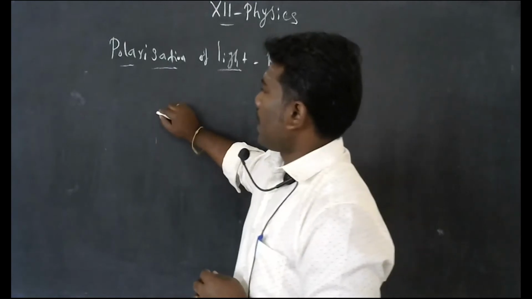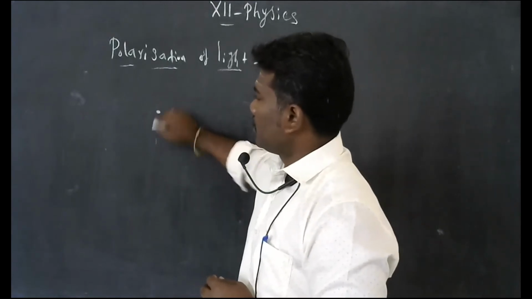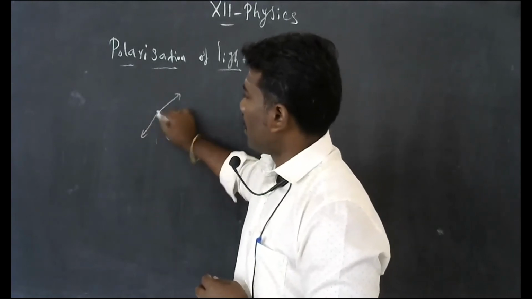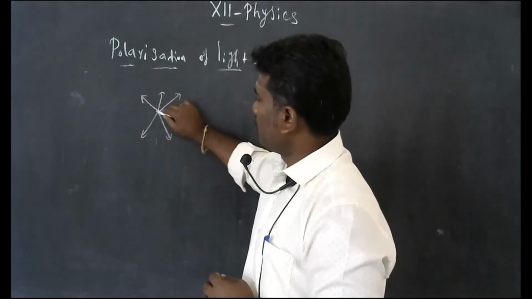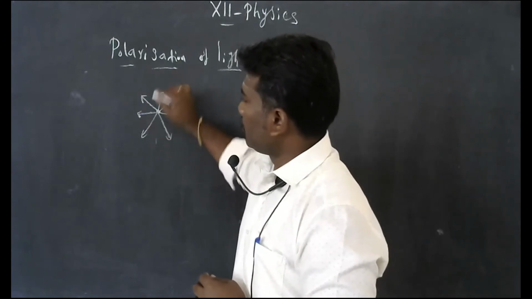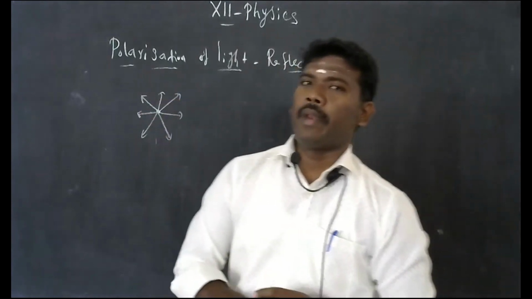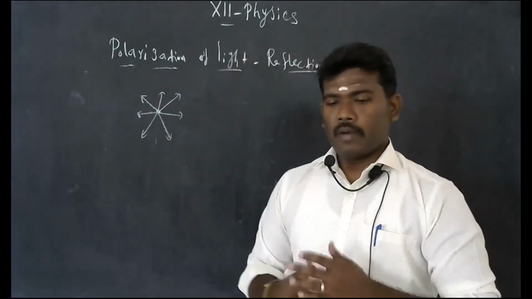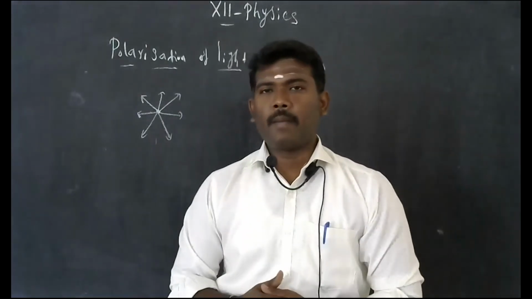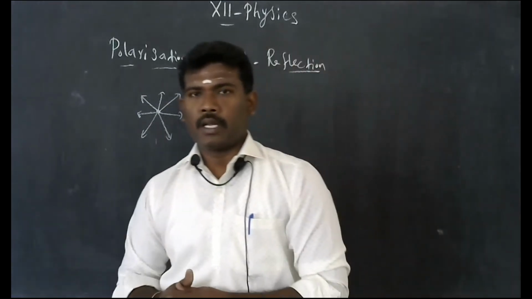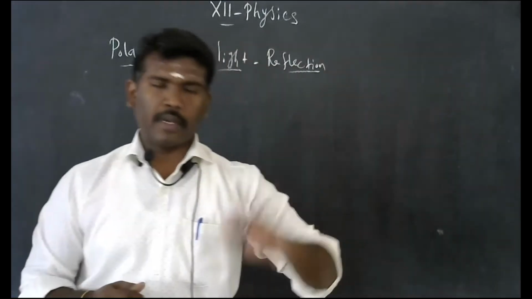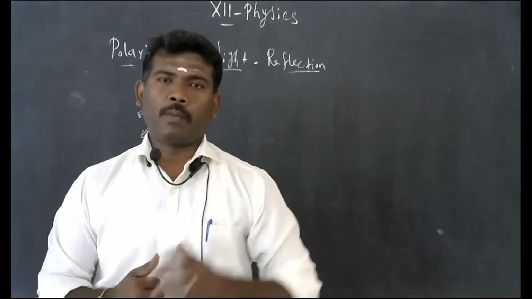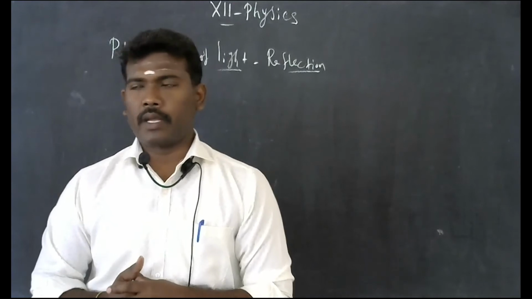If you consider an unpolarized light source, it emits light rays in all directions. Now we are going to consider only the vibrations. We know that if the waves are moving in the forward direction, the particles in the medium vibrate in the up and down direction. Due to the vibrations only, the propagation of the wave occurs.